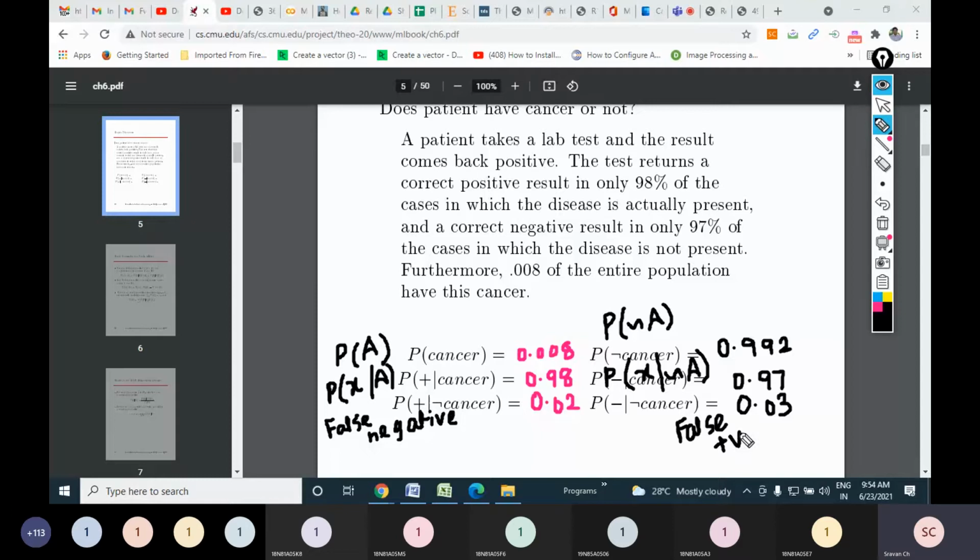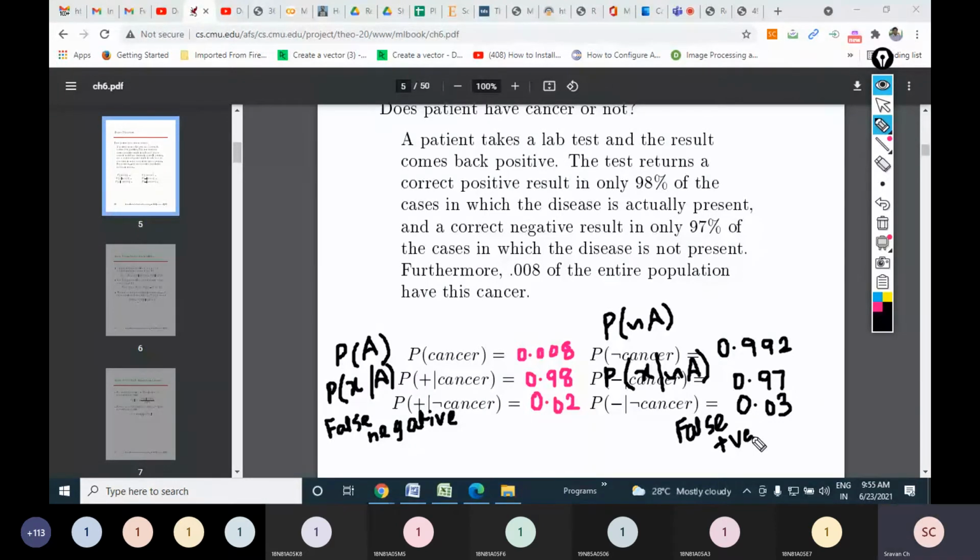Right? So friends, there are 6 components which you should be in a position to compute. One is P of A, another one is P of not A, then P of X bar A, P of X bar not A. Then what is the percentage of false negatives? What is the percentage of false positives? Right? Anyhow, this will be recorded, so you can go through this again, or if you want, you can just make a note of all these things.